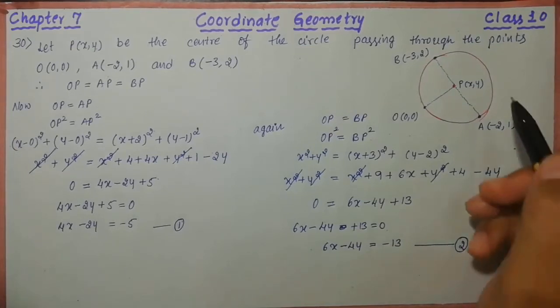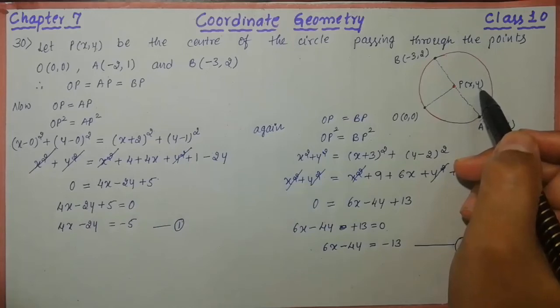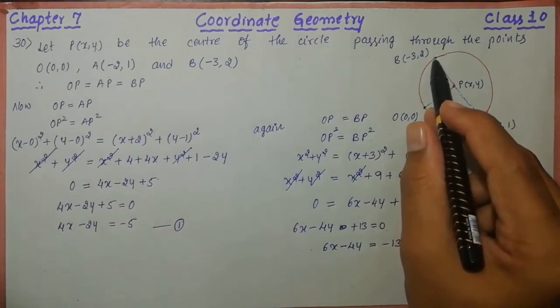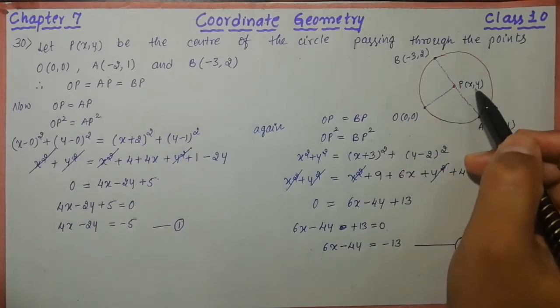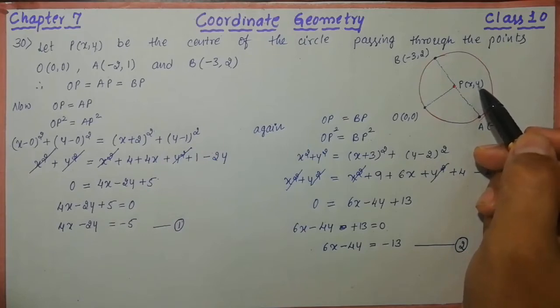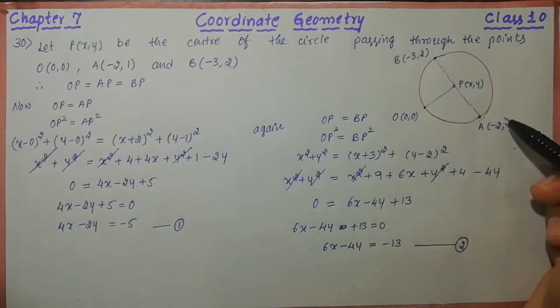So now my intention is to what? I have to find out x and y. So here there are two unknowns. Okay, so even though this point seems to be equidistant from B and O, we can't directly find the two variables. If you look at the previous problems, one of the coordinates is already known to you, or else the relationship between these two will be given to you. Or any hint will be given to you to find the coordinates, but here there is no hint like that. So that's why 3 points are given to you. So whenever you look at this kind of problem, you have to follow the same method, if it is particularly related to a circle.